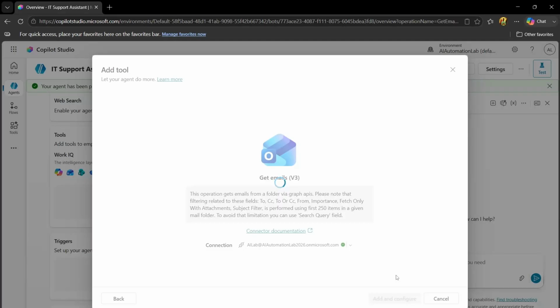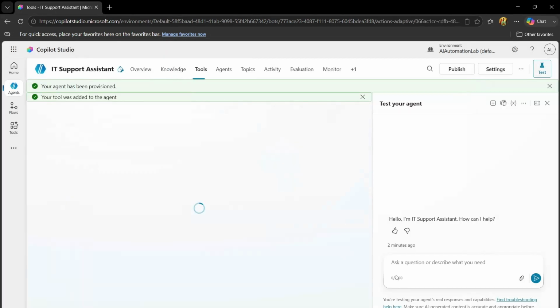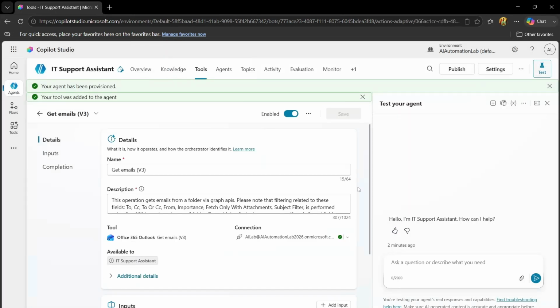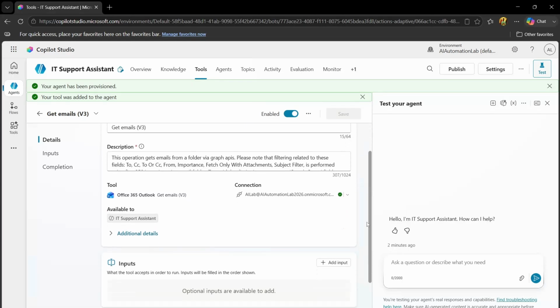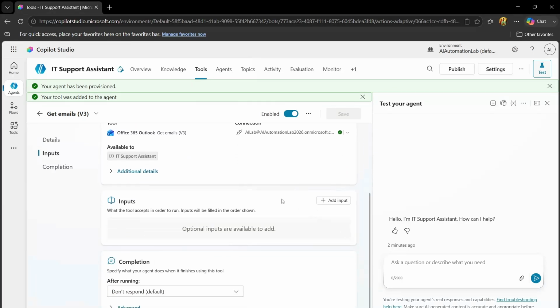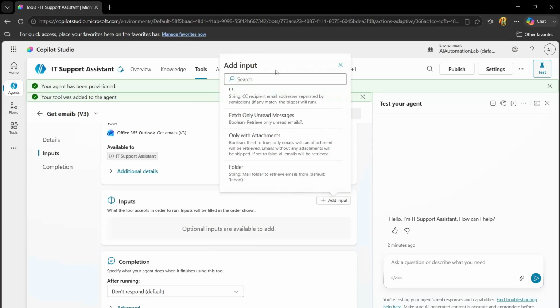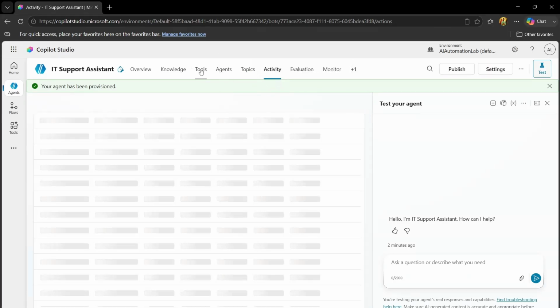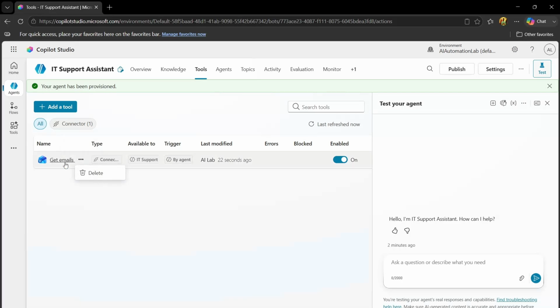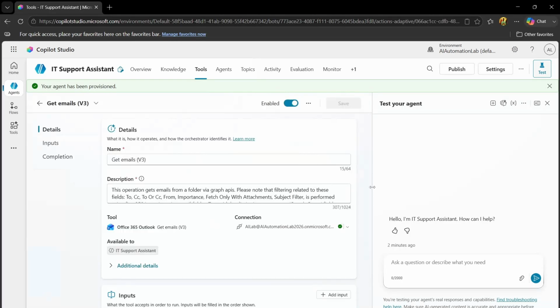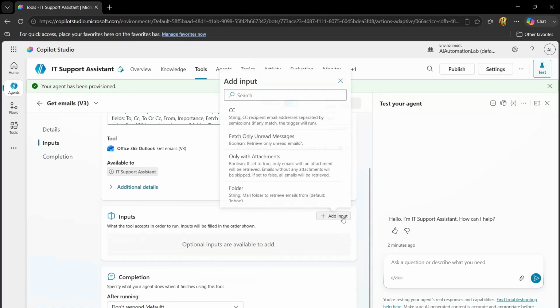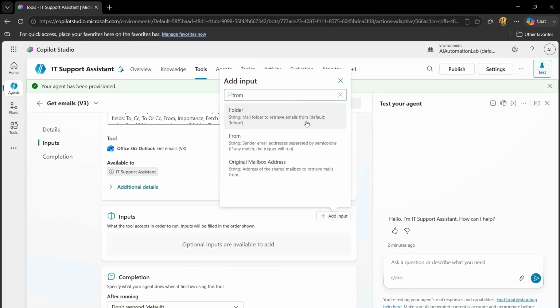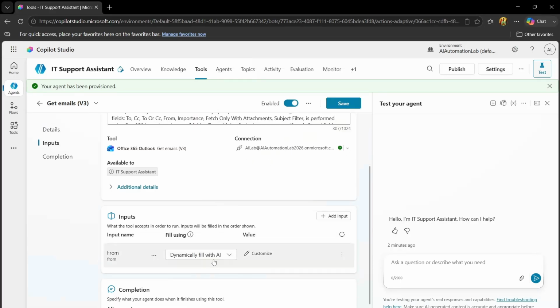So let's wait. Okay, now the connector has been added to your agent. After that, you need to provide some input to this connector so that it can fetch the emails from Outlook with that subject and the recipient. For that, you need to add the input from, and here I'm expecting the emails from the AI engineering lab